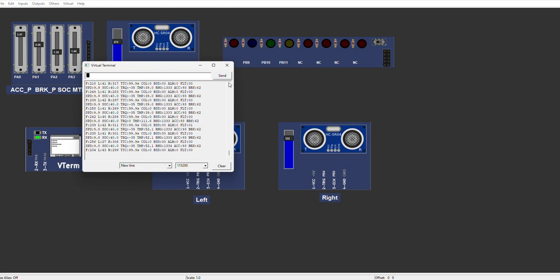Here we can see the output of the virtual terminal. Here SOC is 40.0, front is 242, L is 40. Collision, you can say. Similarly, it can also be seen in Tera Term, but unfortunately Tera Term is not working properly. The command is not working properly. That's why I could not show it. Now coming to our